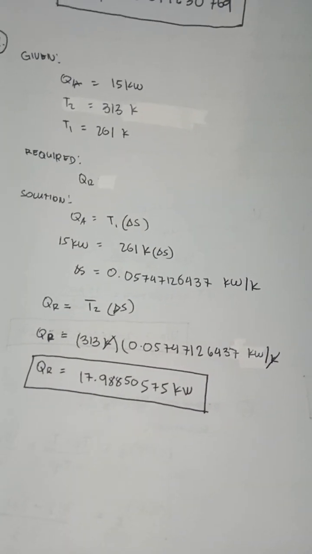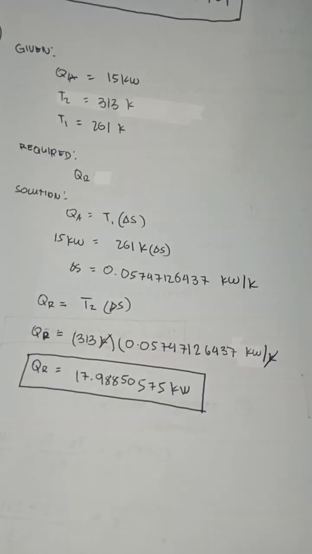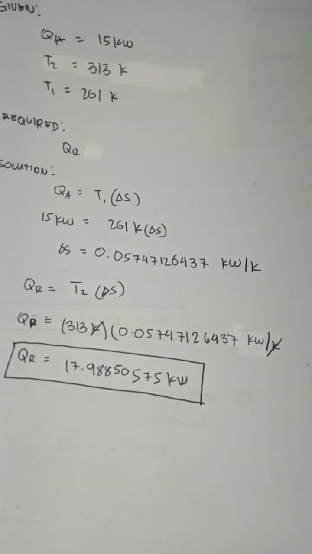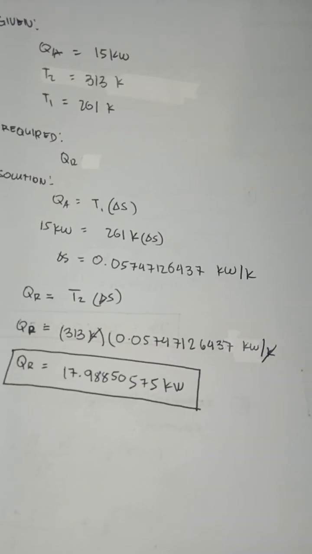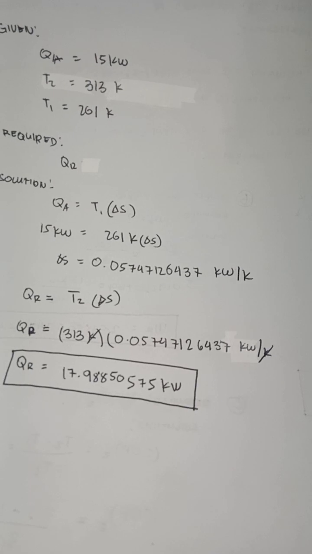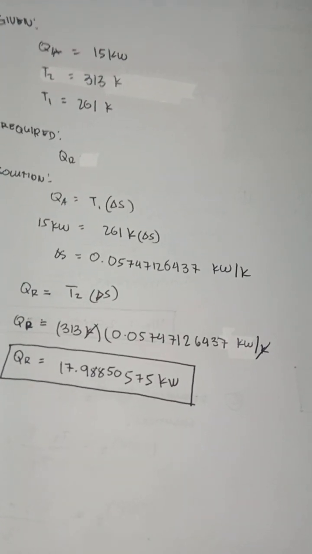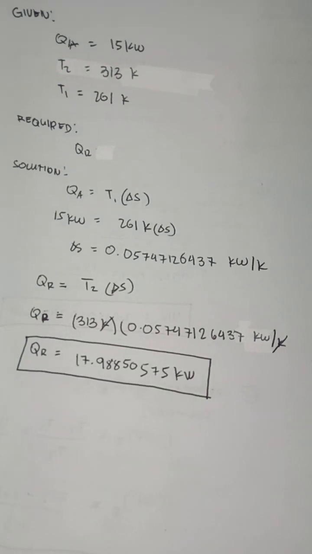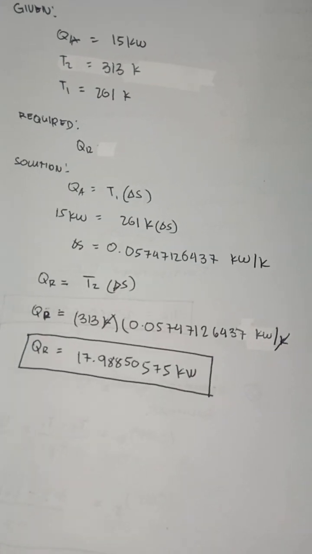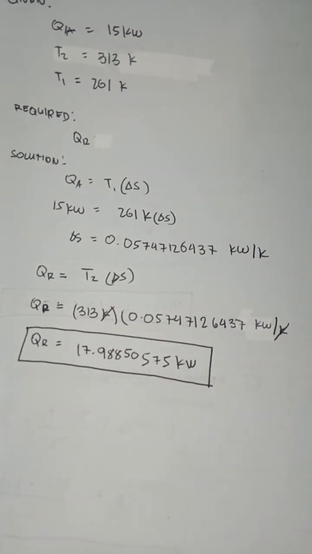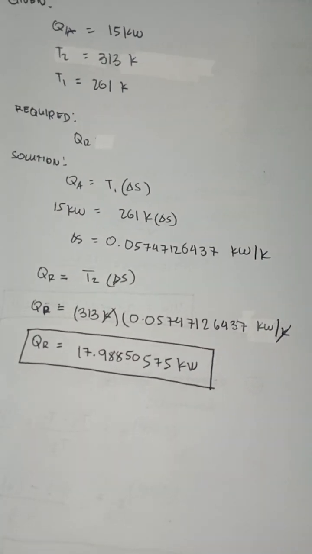Substitute 15 kilowatts equals 261 Kelvin times the constant. Solve. The answer is 0.05747126437 kilowatts per Kelvin. To solve the QR, QR equals T2 times the constant, where T2 is 313